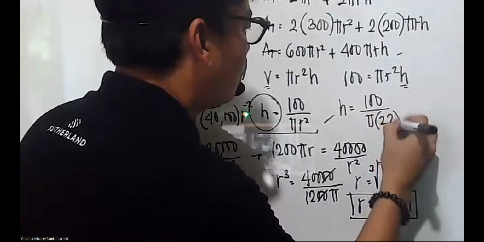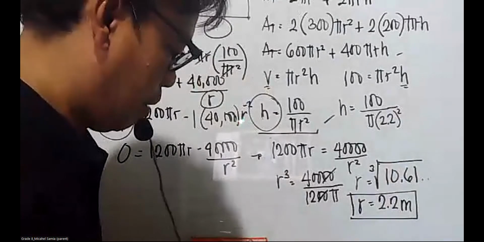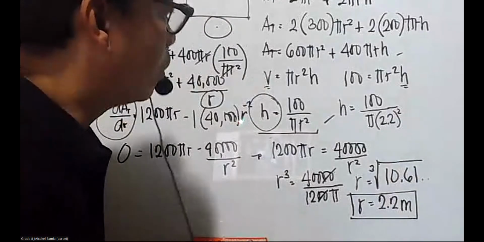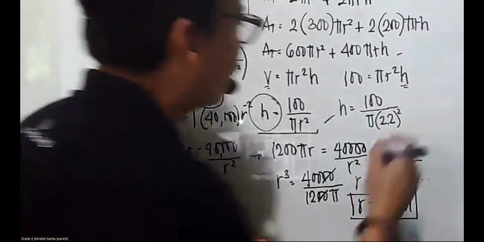100 divided by pi multiplied by 2. So our height now is equal to R squared. Sorry, squared. Yes, squared. Multiplied by, divided by quantity 2 squared multiplied by pi. Okay, our height is 6.58. Okay, it's equal to 6.58